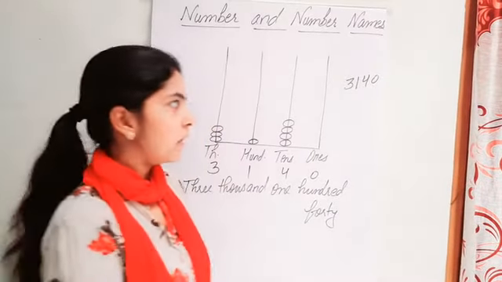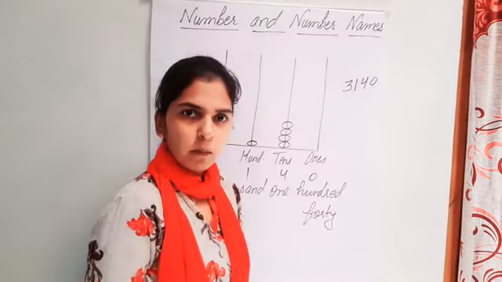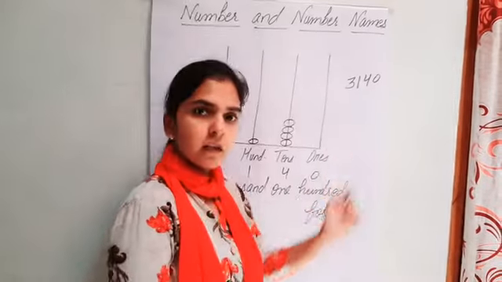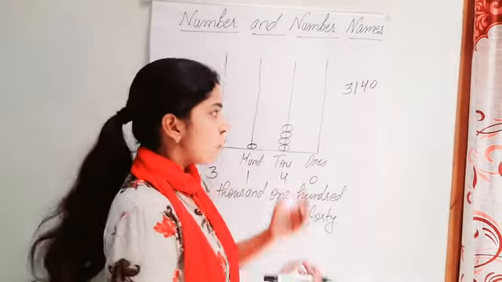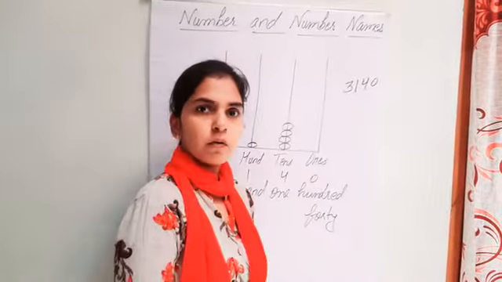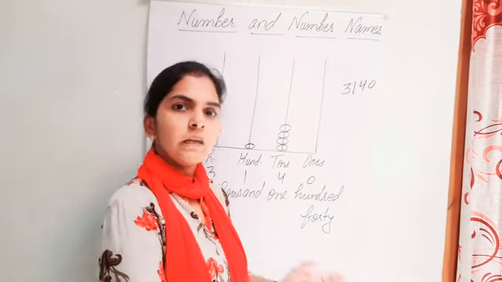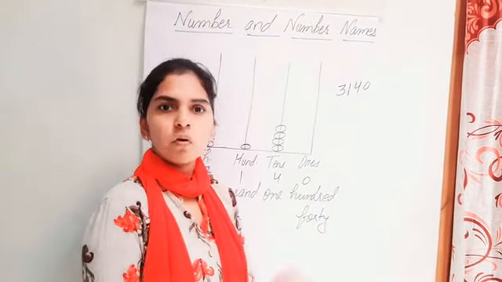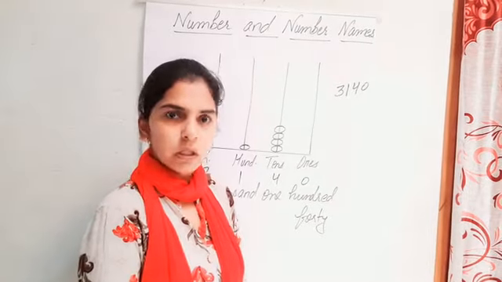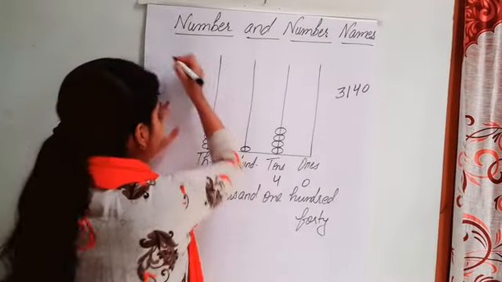So what did we study here? We studied here, if in a 4-digit number, if at any place 0 is there, then while representing that number on spike abacus, we will leave that spike. We will not draw any bead here. Okay? Suppose if I will take a number